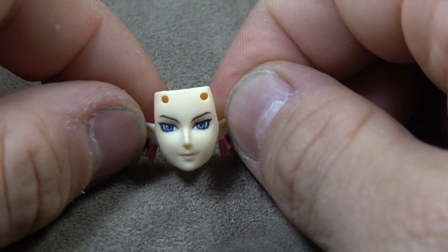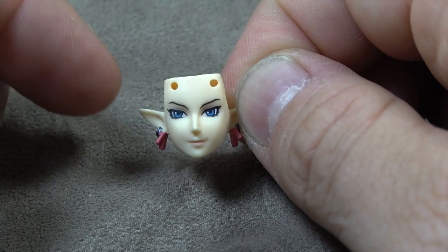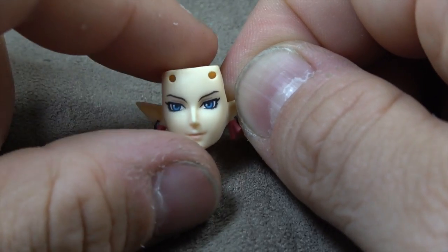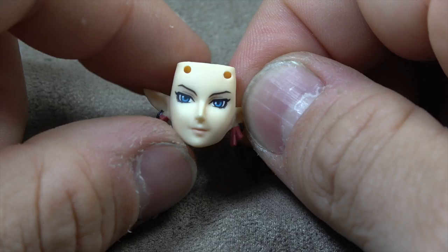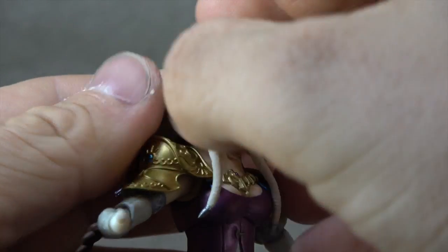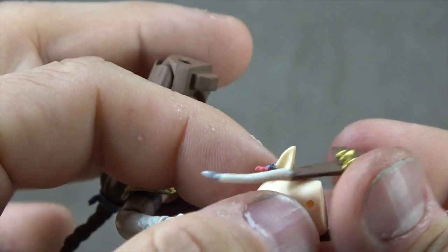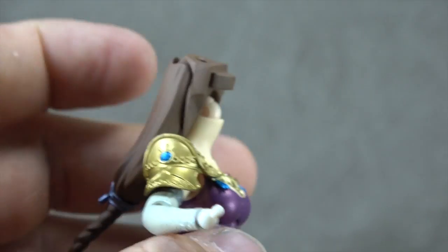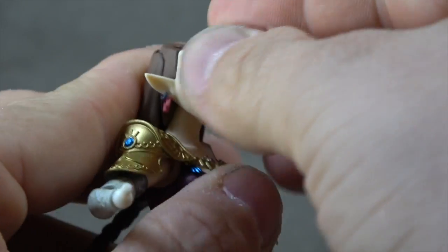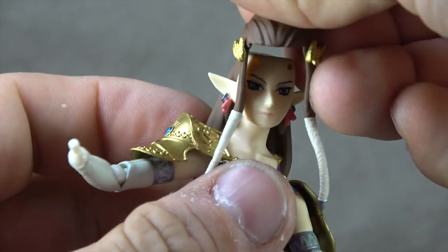And then lastly, she comes with an alternate face, just has the slightest bit of a subtle smile to it. The detailings are all the same, which we'll talk about when we get to the figure, and I'll show you how to put this face on here. Crown off. And then you should be able to pull this hair independently, and then the face off. And then face on. Hair on,